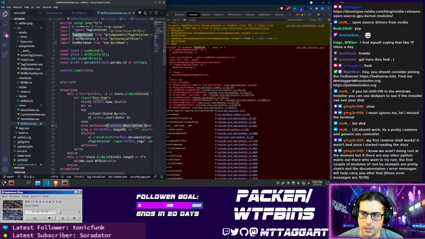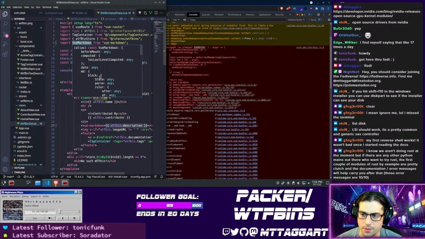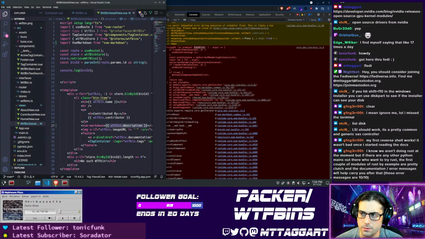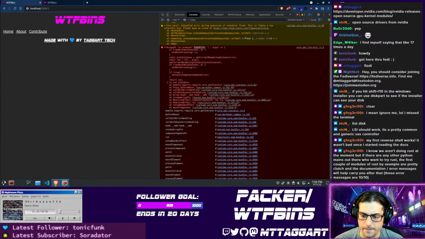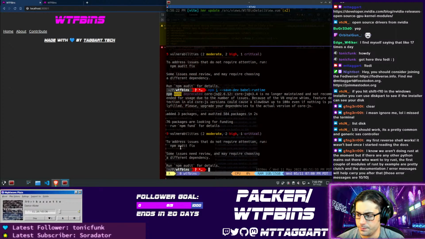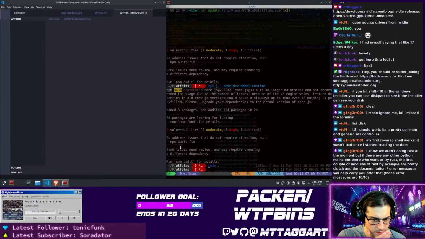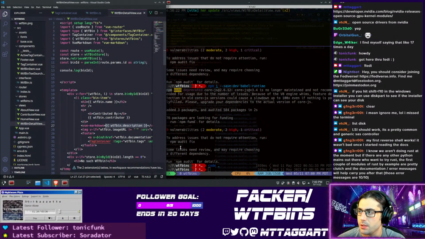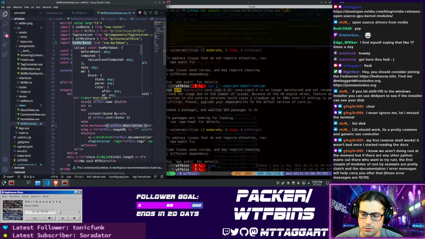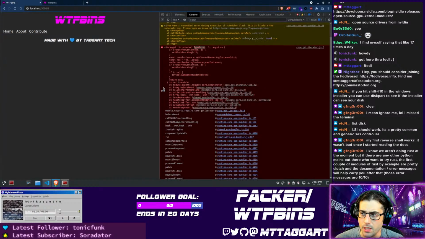All right, so notice that this is a tag container, but this gives us this before mount type thing. I'm going to close VS Code and bring it back up just to see if there's any difference here. I don't imagine that there would be, but I want to know if it can maybe figure out what's going on here. If not,